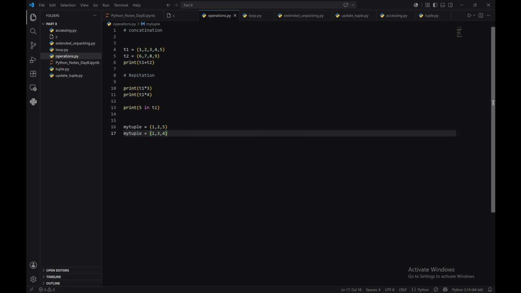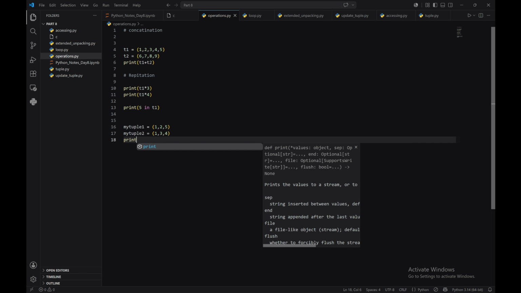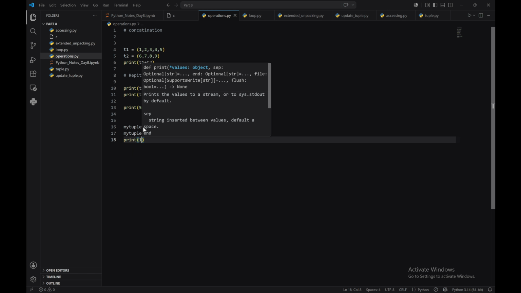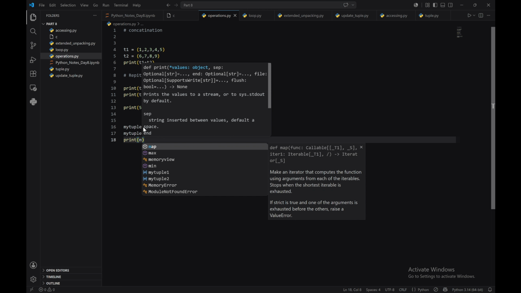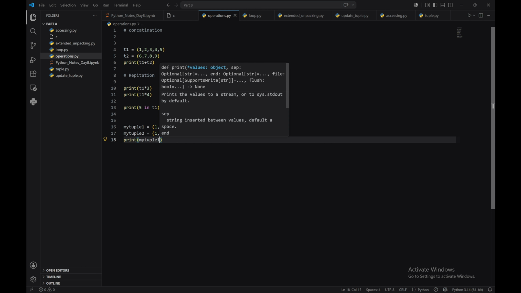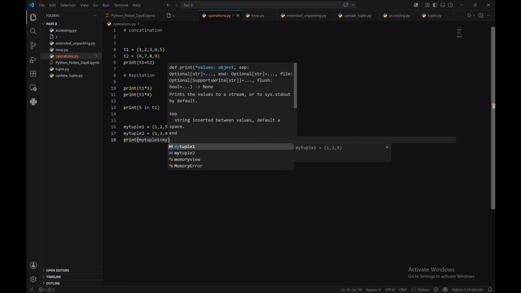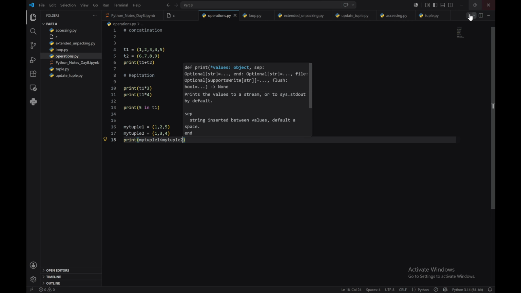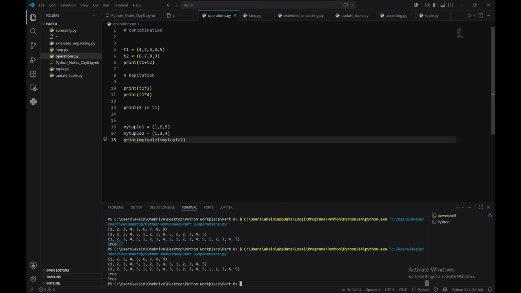If I print my tuple 1 is less than my tuple 2, then let us see it is going to give the value as